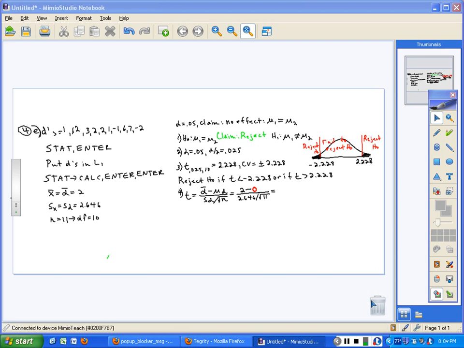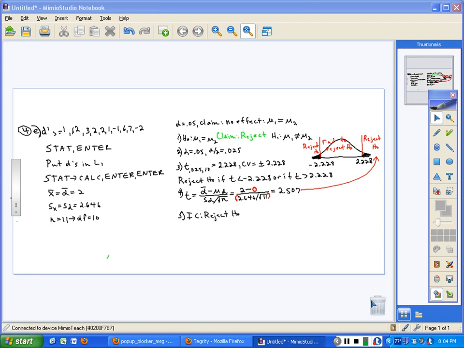divided by the square root of 11. When you do this on the calculator, first of all, ignore the minus 0 in the numerator. Just make it 2 divided by, and then make sure you put parentheses around the denominator. So it's 2 divided by parentheses 2.646 divided by the square root of 11, and that turns out to be 2.507. And if we look at our picture, 2.507 is larger than 2.228. So step 5, initial conclusion is